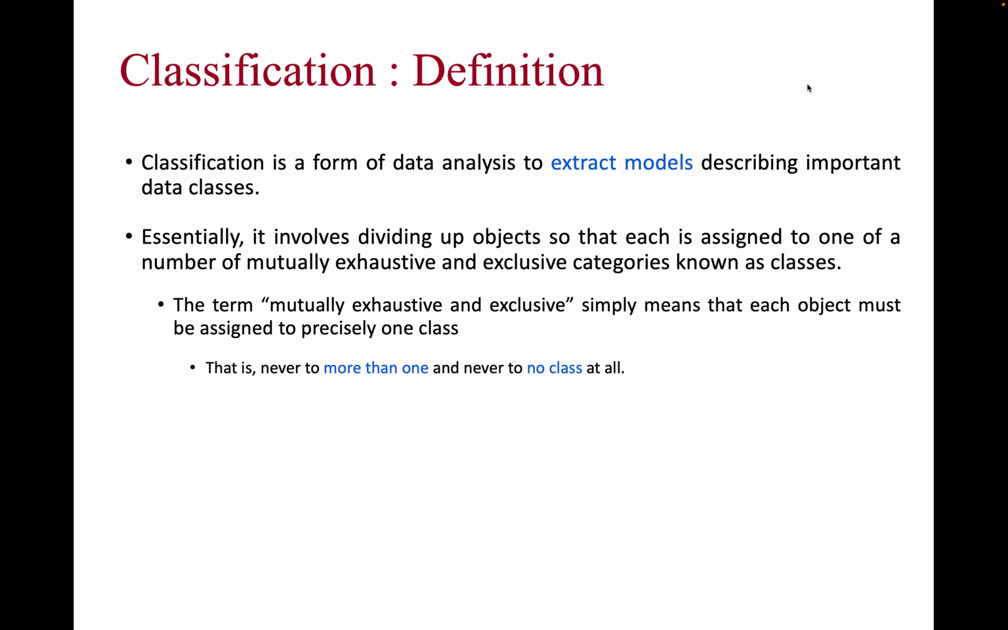Let's move forward. Classification. Examples were definition. Classification is a form of data analysis to extract models describing important data classes. Essentially, it involves dividing up objects so that each is assigned to one of the